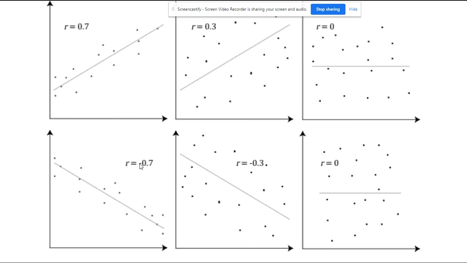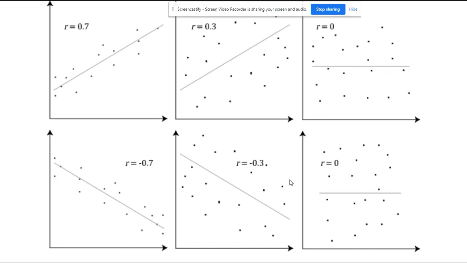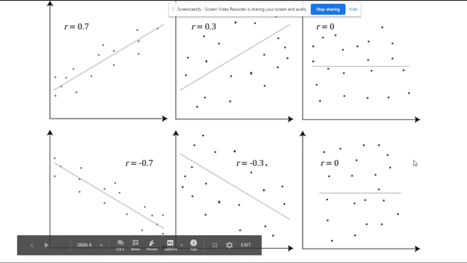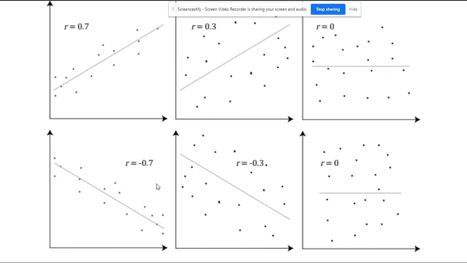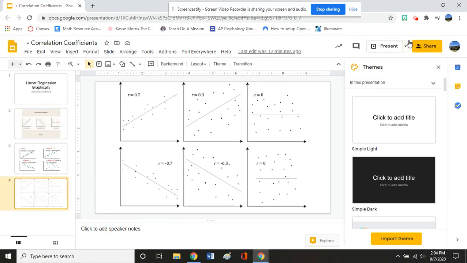And then all of a sudden our numbers turn negative down here. Again, negative 0.7 is still closer to negative 1, which means that this correlation is much stronger than this negative 0.3. Again, the dots are more spread out, so it's a weaker correlation. And then r equaling 0 is the same as the above. All right, you guys, I hope that helps, and I hope that you get to see what's going on. And if you have any questions, I'll